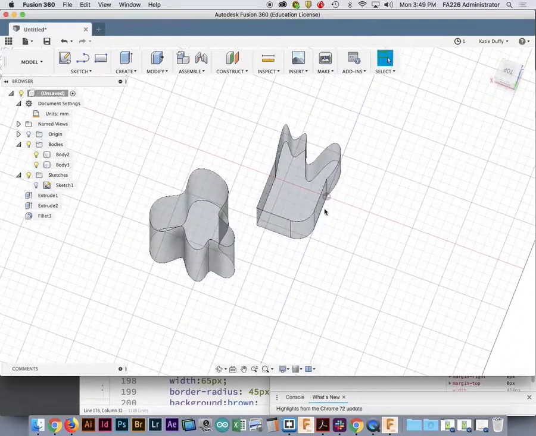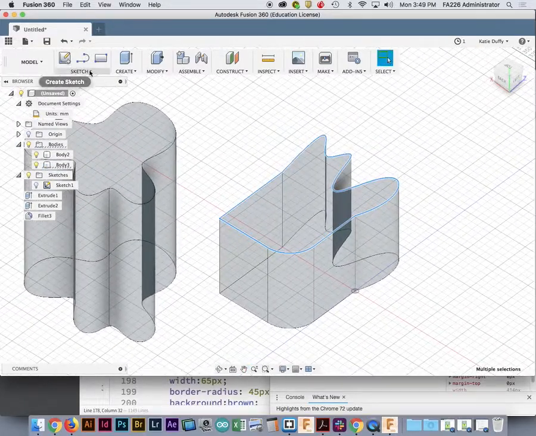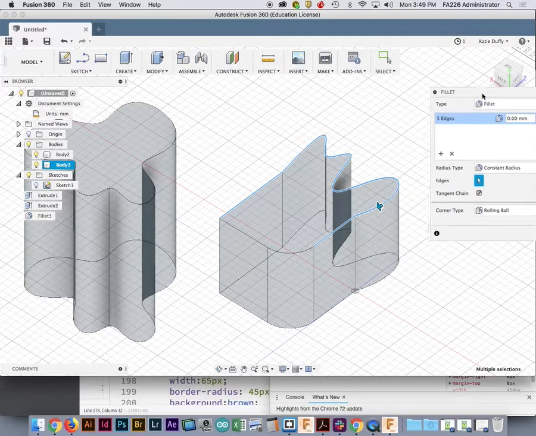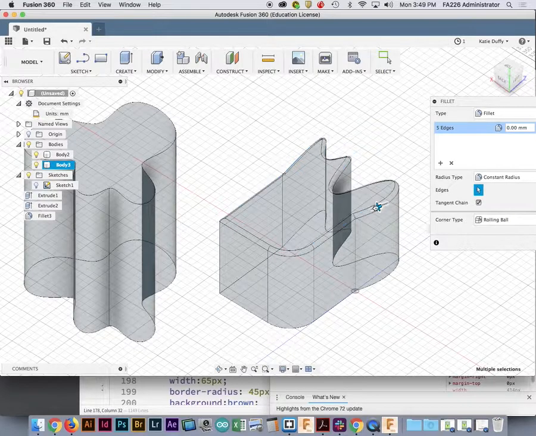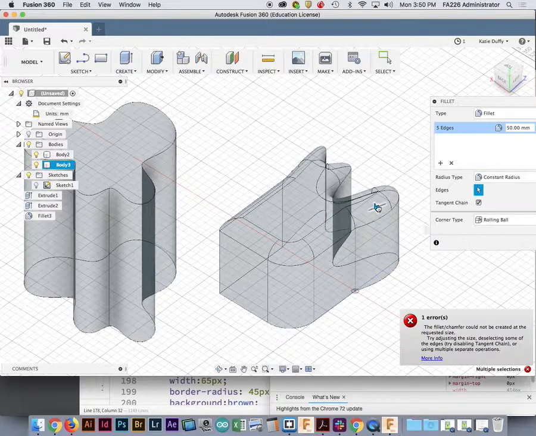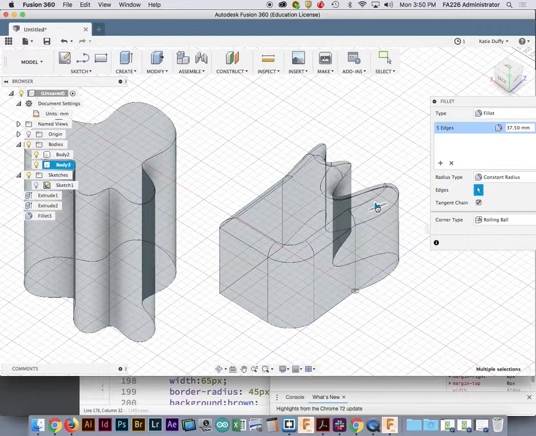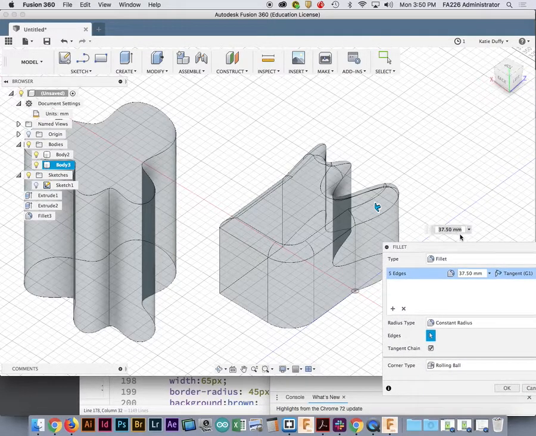Okay, so for instance, I can round out this whole top. I'll just go through, select all of this. All right, so I've selected all of those edges on this shape here. And then I'm going to go up to modify, fillet, and just grab this. And if your shape is really crazy, it'll tell you as far as it can bend. See that as soon as I get to about there, I can't go that far. The math will not allow me to go that far. So you can try to put in